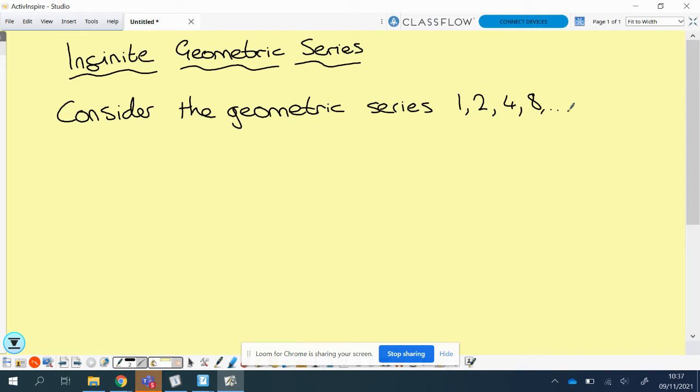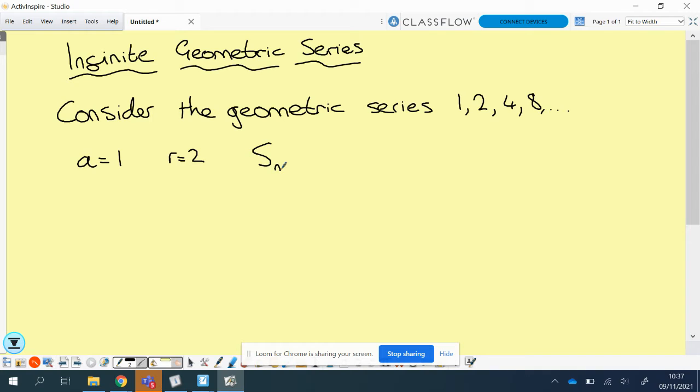Our first term, the value a, is 1, and we can see quite quickly that every term is getting doubled after that, so the ratio that we're multiplying each number by to get the next term is 2. So if I was to put in the sum formula, again using your formula sheet,